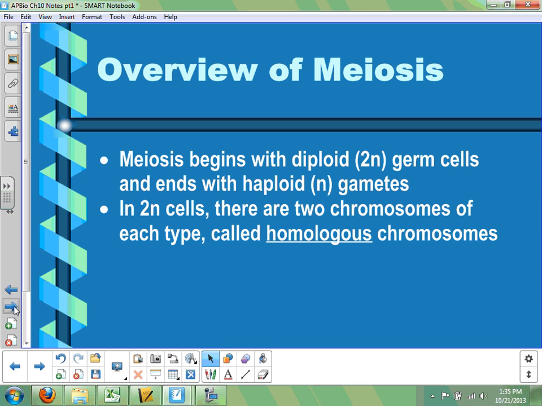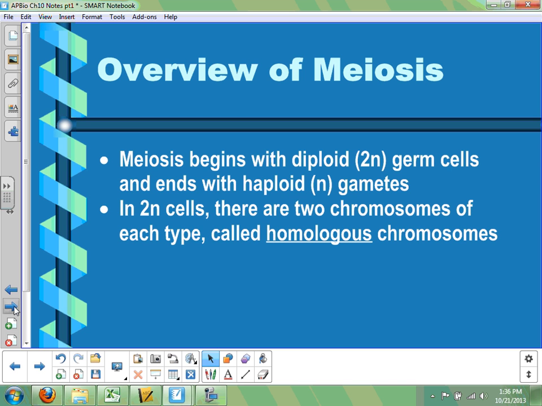If you have a cell that is diploid, that means that there are two chromosomes of every type of chromosome possible in that cell. In other words, if you actually look at the chromosomes, you'll see two identical looking chromosomes of every type. And we usually call these pairs of chromosomes, or the proper term, homologous chromosomes. The prefix homo means the same, so the homologous chromosomes are not identical chromosomes, but they're the same type of